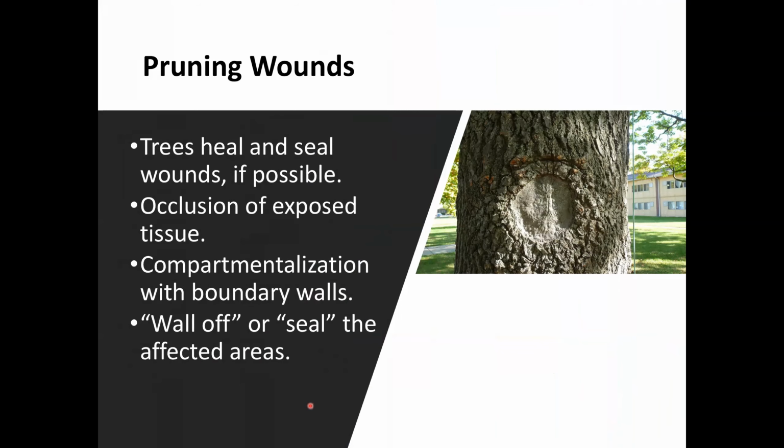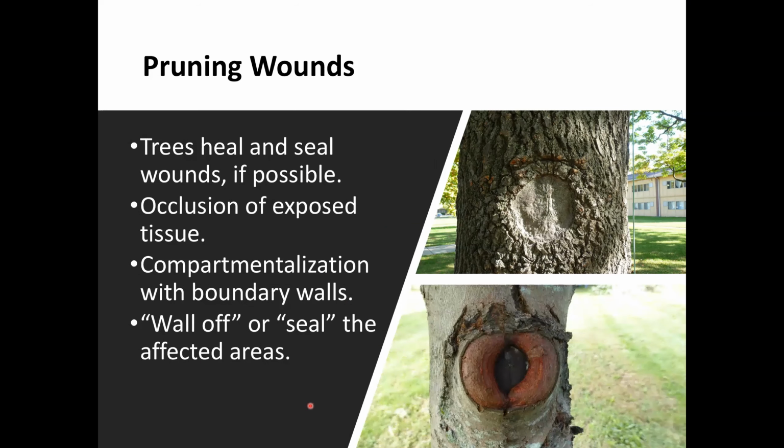And the time it takes to heal and seal up that wound is relevant, again, upon health, vigor, and species. Certain species heal very quickly and some move more slowly. And of course, the older the tree is, the more slowly it recovers. So the whole idea is to seal that wound, because once we make that wound with the pruning cut, the